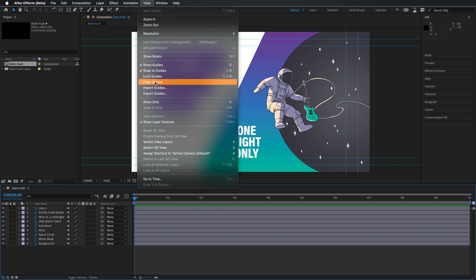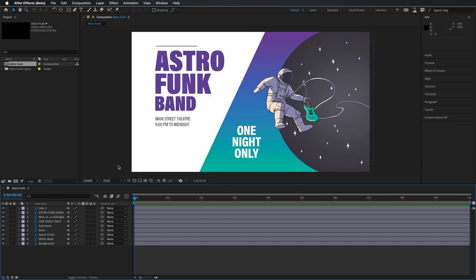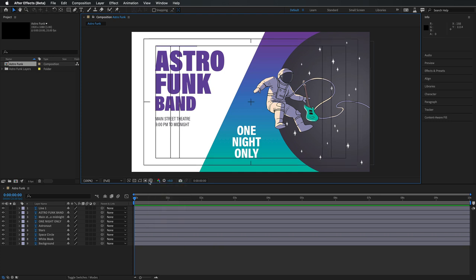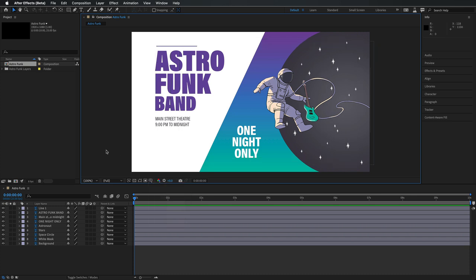and I'm also going to go to the View menu and clear the guides. Those are inherited from the Photoshop design. If we do need to see those guides again, we can ask After Effects to show us the Title Action Safe Guides from here. Alright, I'll click and hold again and switch it off,